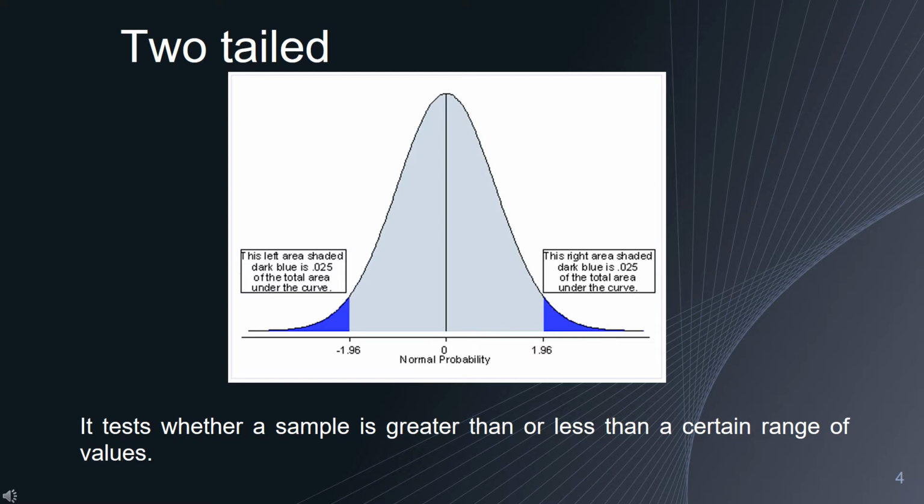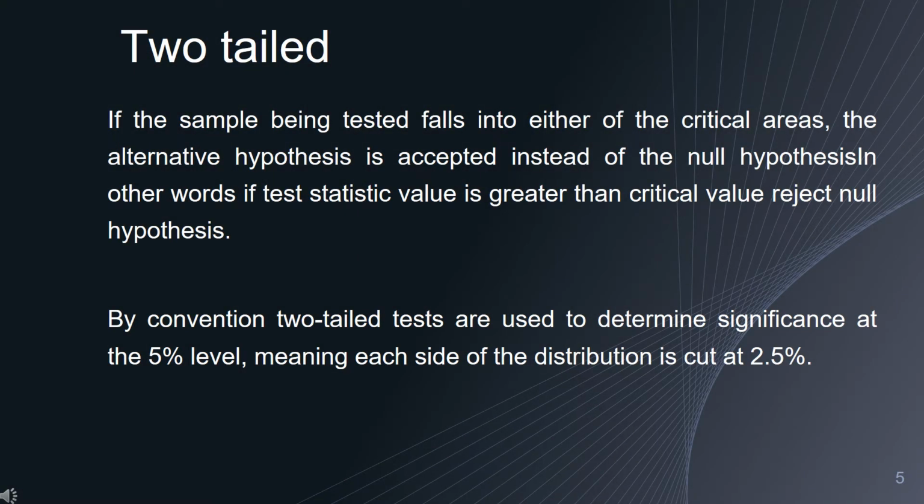Now, in the two-tailed test, the critical area of distribution is two-sided. What is critical area? It is a rejection region. In the graph, the region between the central line and the significant region is the critical area. Now, in a two-sided or two-tailed test, the critical area lies on either side. If the test statistic value lies in the critical area, then reject the null hypothesis.